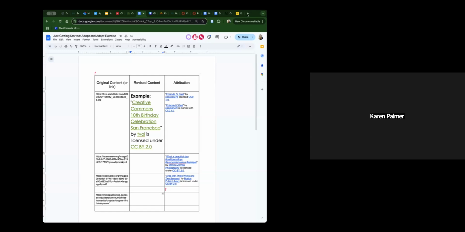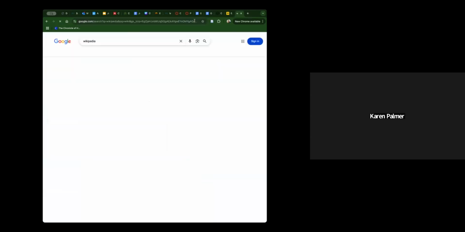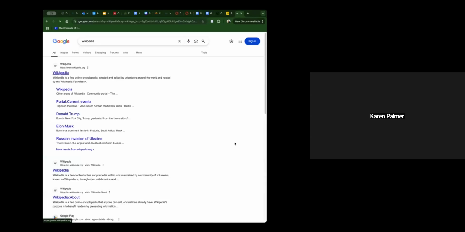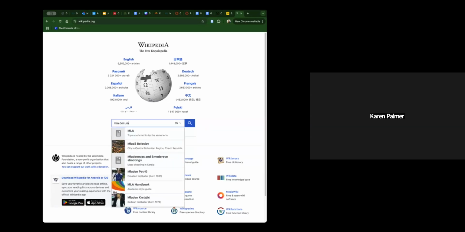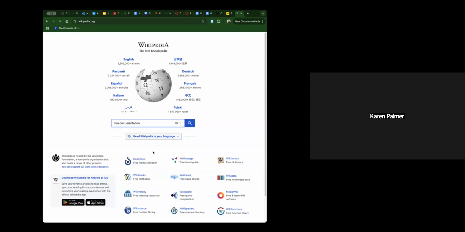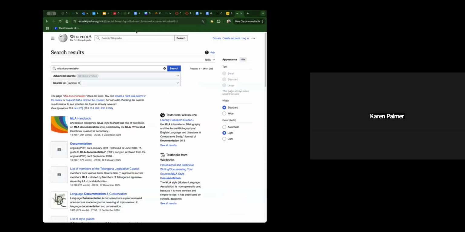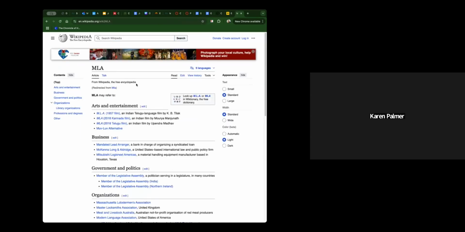If you're super not sure, you can even go to Wikipedia, which is fun. And you can look up anything on Wikipedia. So, let's see, what's something interesting? Somebody give me something in the chat to look up. That's fun. Is there anything anybody wants to know about today? Okay, I need to do this differently. Search Wikipedia, MLA. Okay, so if I just look for MLA in Wikipedia, it